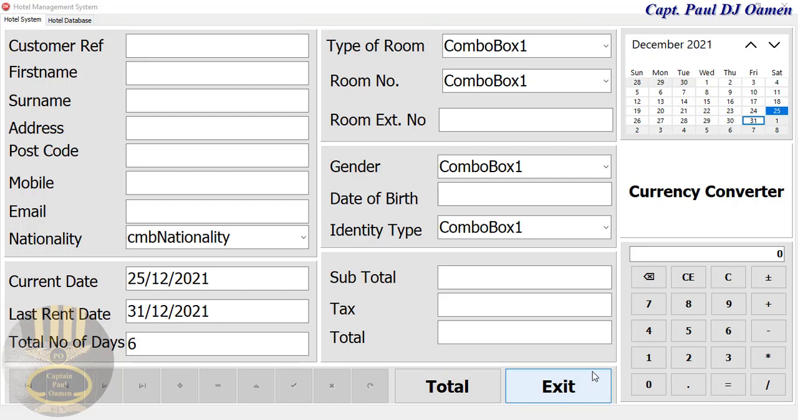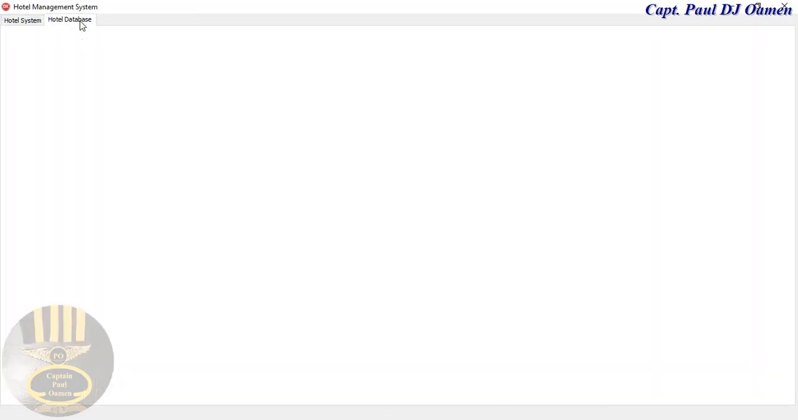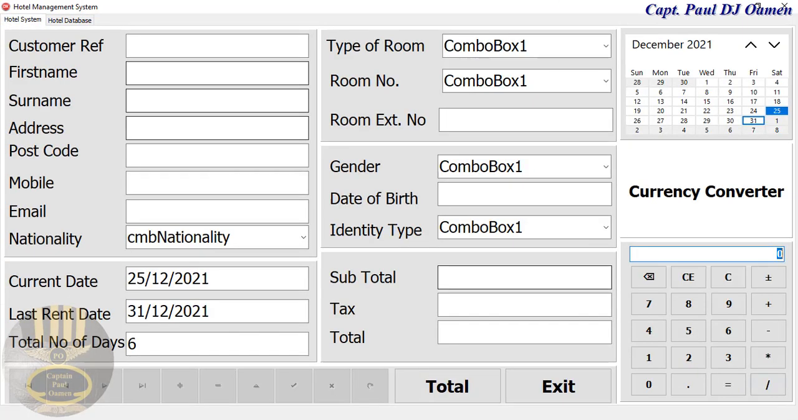And welcome back to the fourth part of this tutorial. So what I want to try and achieve now is to take care of the database, and I will also need a data grid view here. So let's exit out of this,